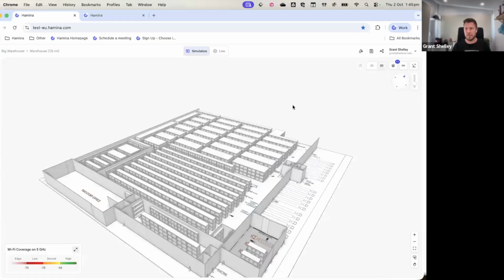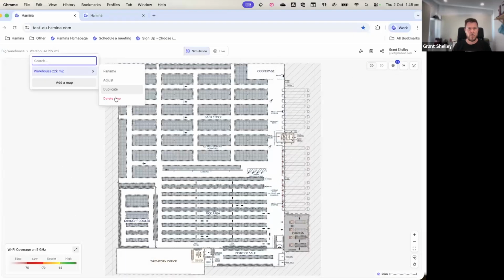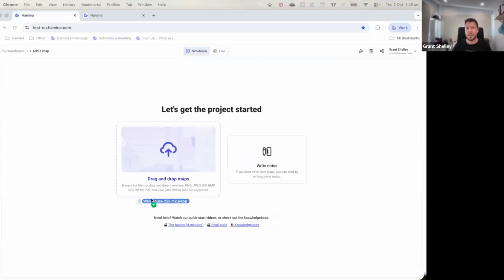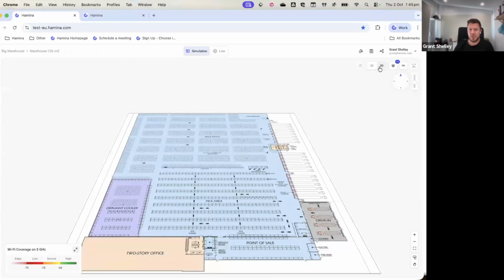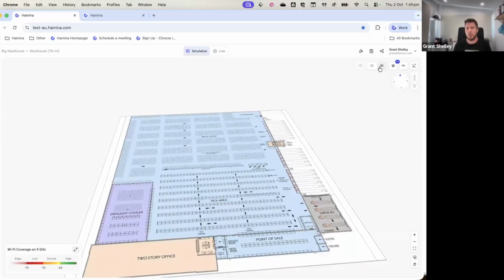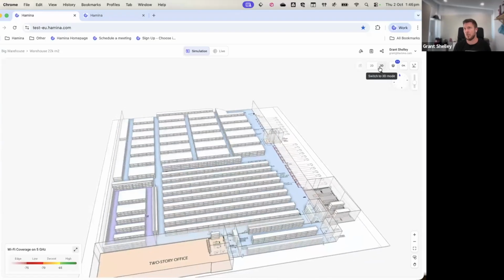This might be a scenario that Nathan or maybe someone else on the session is working through. But what we can do is drag and drop the floor plan in, and you can see this is a WebP image file, but we support a whole bunch of different image files. Hamina does a lot of the heavy lifting for you. So if we just switch it straight into 3D mode, it will automatically scale the map. It'll automatically scope the map. You can see it's now drawing in the walls, and it will then go and draw in